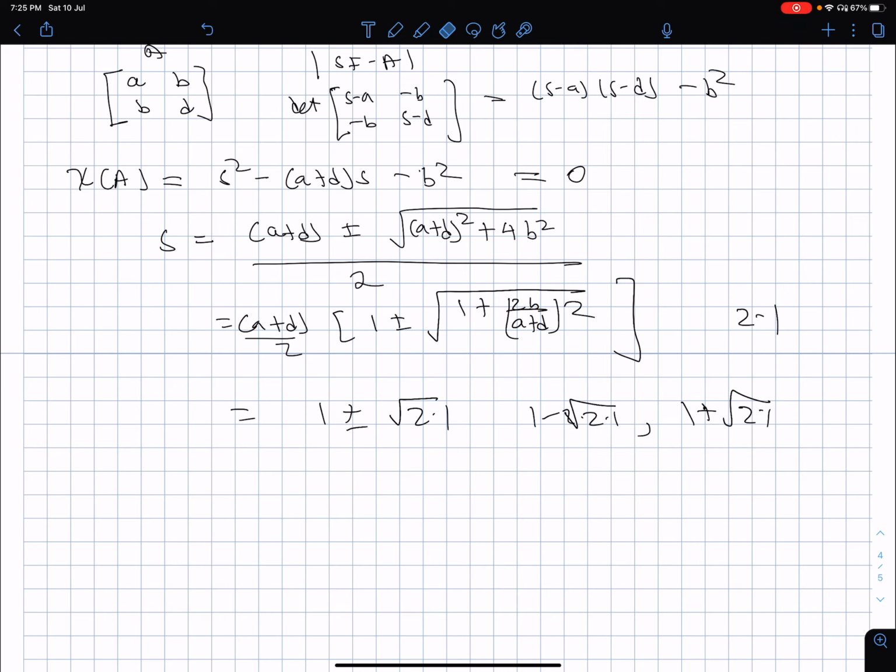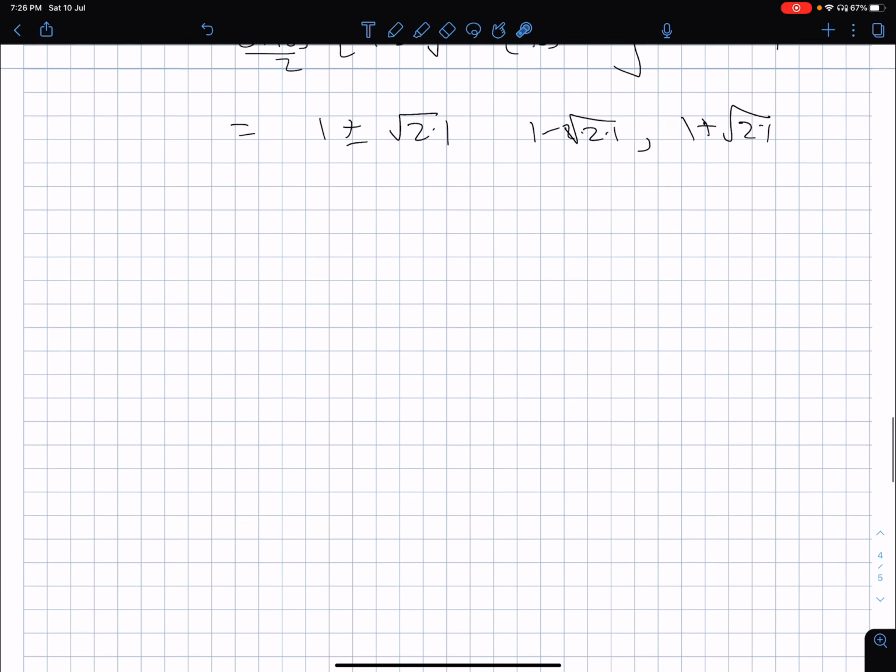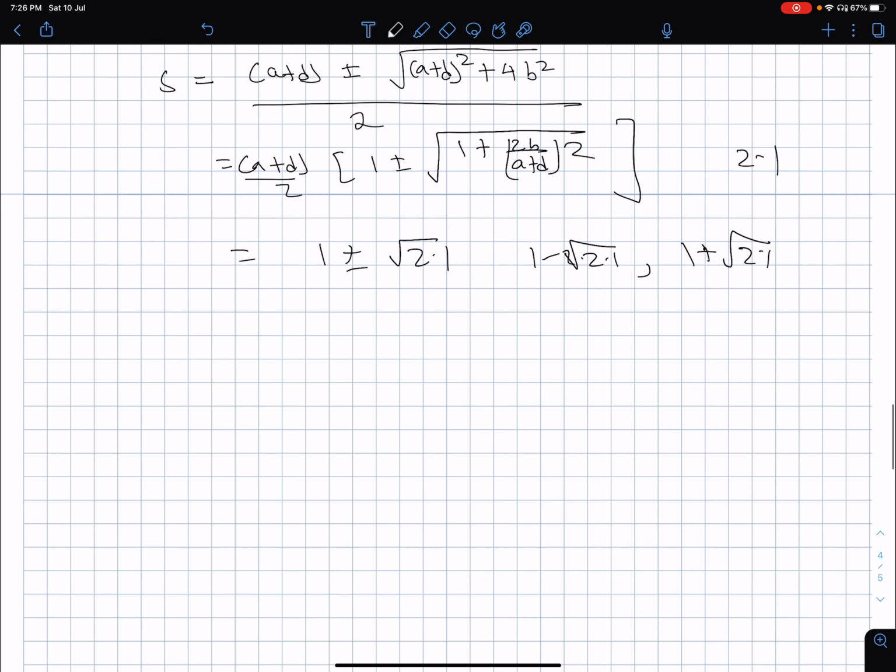Of course, when I do this division, just be careful. When I do this division, it means I am assuming that this is not equal to 0. Otherwise, this division cannot be done. So if it is 0, you will have to just restrict to this form, which also shows that it is still a non-negative number under the square root. So the square root exists, and therefore the two eigenvalues are always going to be real numbers. So what we saw for the 2 cross 2 symmetric matrix actually holds true for even an n cross n symmetric matrix. So all the eigenvalues are real.